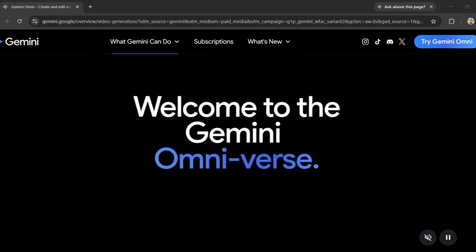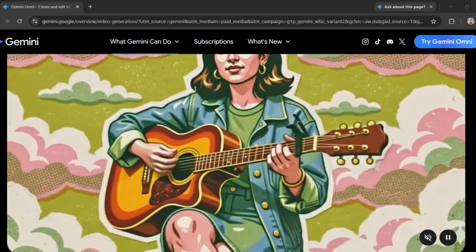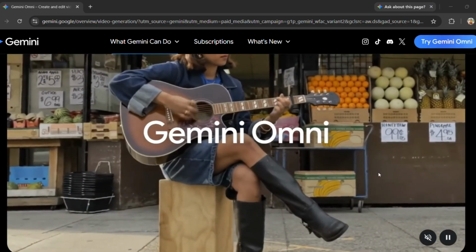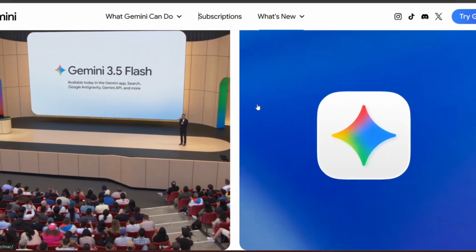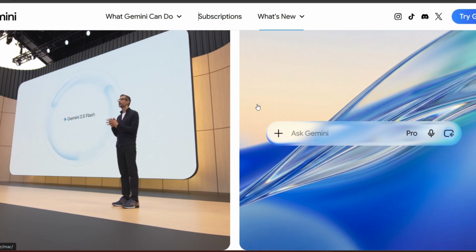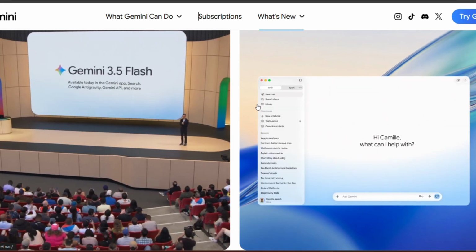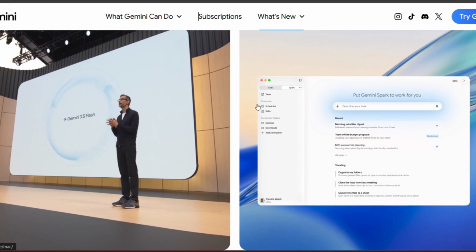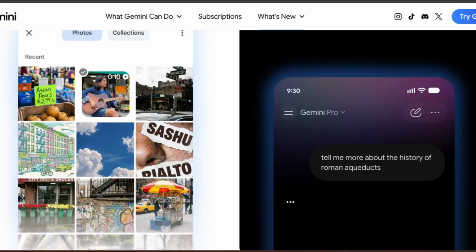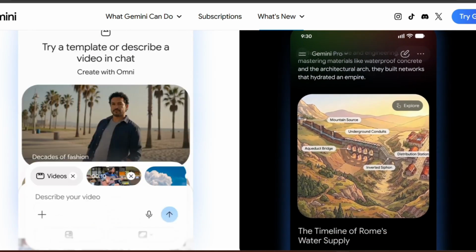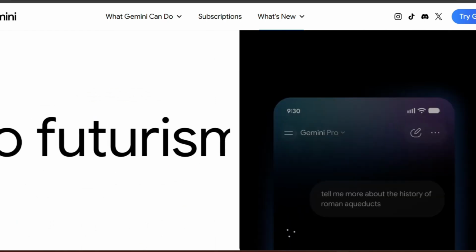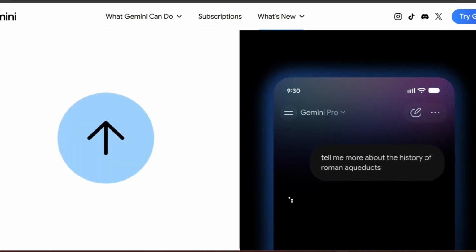I assumed it was just another AI hype cycle, but after testing it myself, I have to admit, the results caught me off guard. The first thing I tried was a basic product ad, nothing fancy. Just a simple prompt describing a person talking about a product like they would in a TikTok video. And honestly, the first result wasn't great. It looked okay, but it still felt like AI.